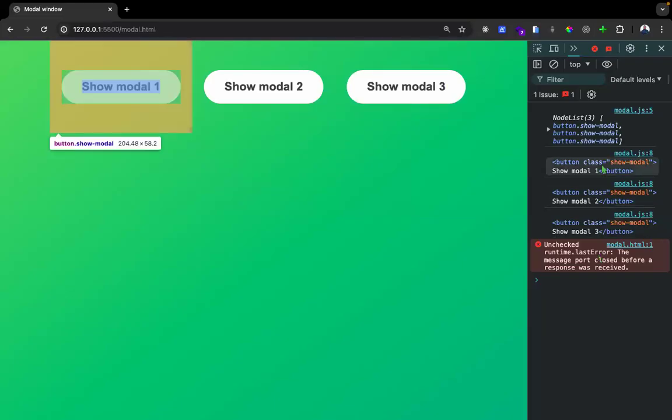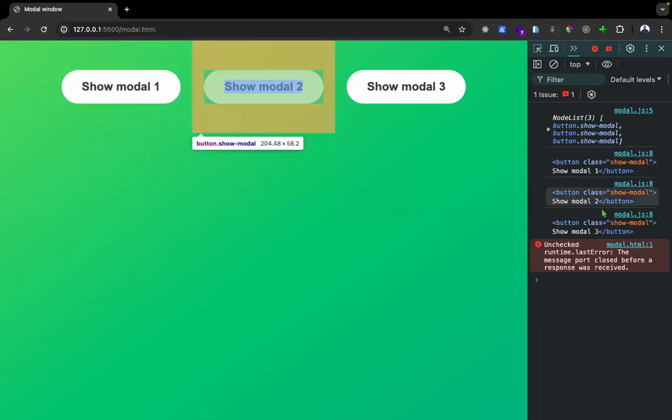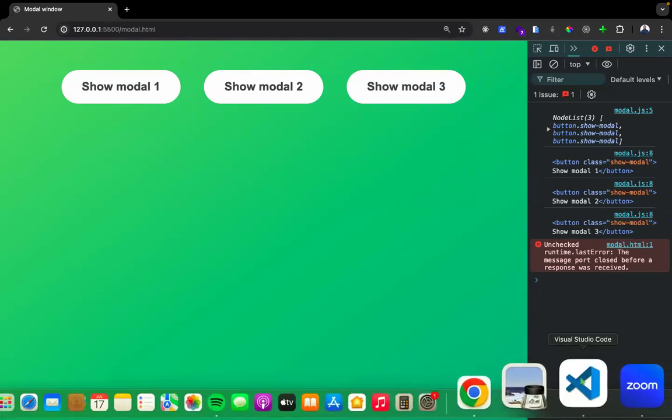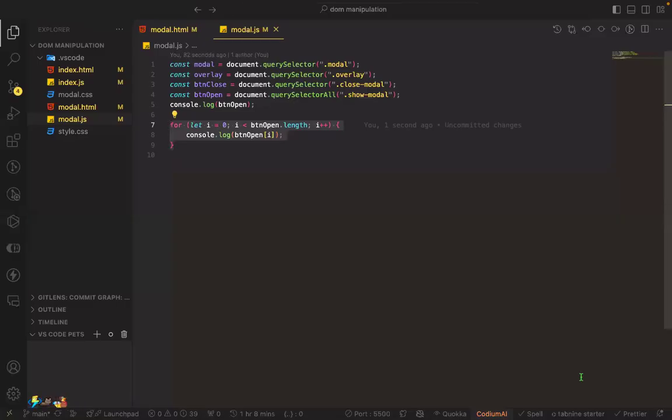Now you can see when I hover on it, we just have one for each of them. So if we click on one now, it's not the three of them that is going to be selected. It's just that particular one we clicked on. Do you understand? Yeah, I understand you clearly. What I'm trying to ask is that in each of those show modal 1, 2, and 3, they are carrying the same